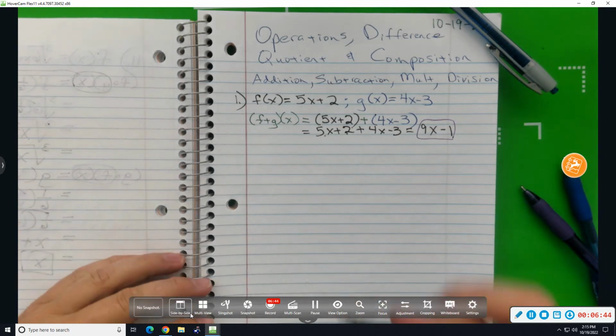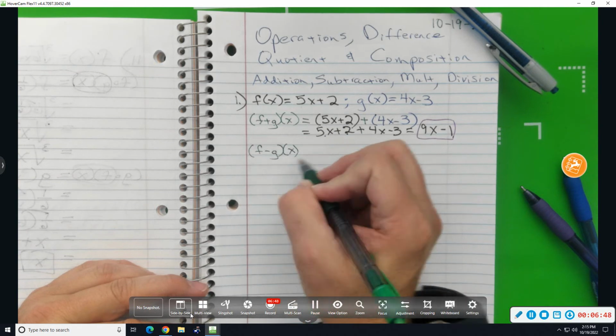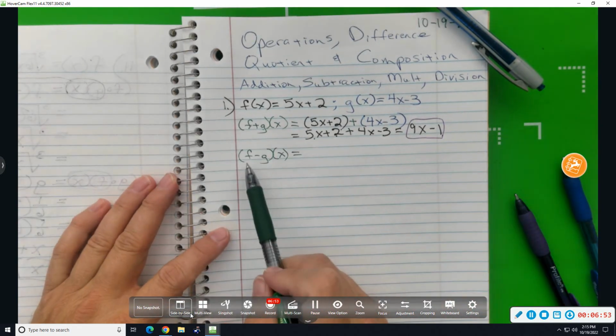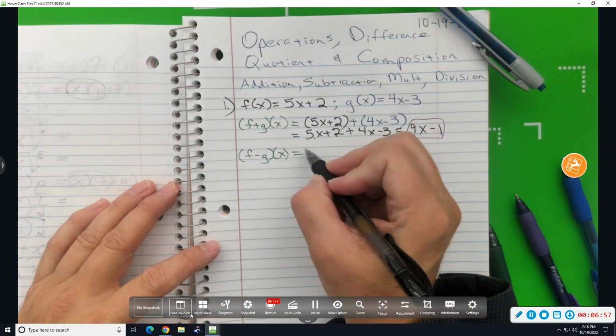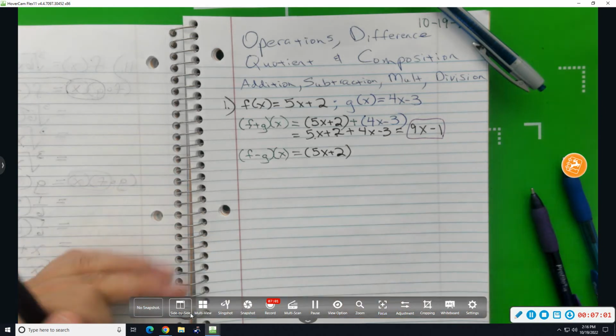Now f minus g. That says take f of x, which is 5x plus 2, minus,